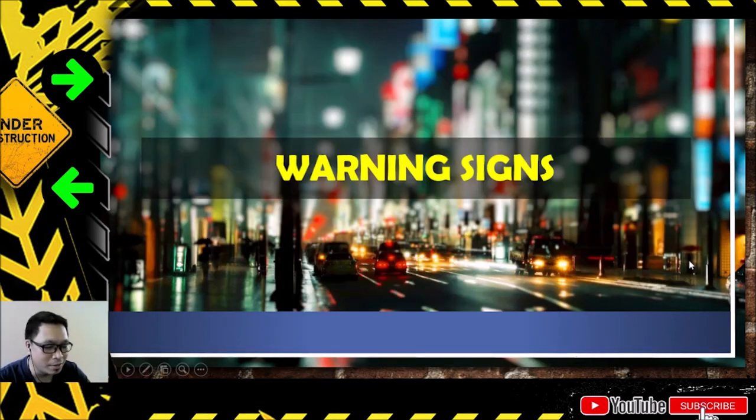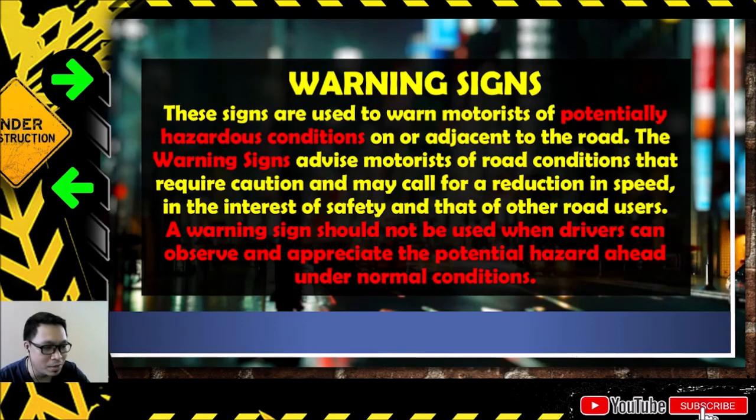Okay. So next, let us discuss the warning signs. These signs are used to warn motorists of potentially hazardous conditions on or adjacent to the road. The warning signs advise motorists of road conditions that require caution and may call for a reduction in speed in the interest of safety and that of other road users. The warning sign should not be used when drivers can observe and appreciate the potential hazard ahead under normal conditions. Okay, so in most case scenarios, class, the warning signs are intended to